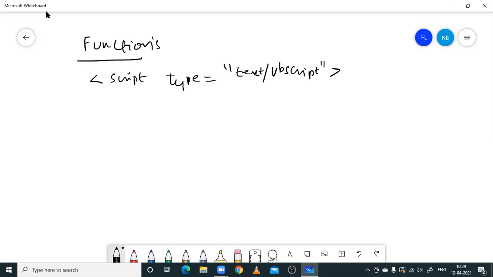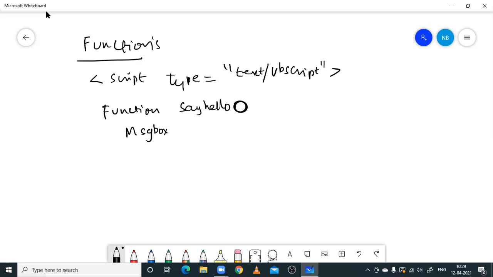Followed by function, previously we were using some name for that, say hello. Under that, we will be using